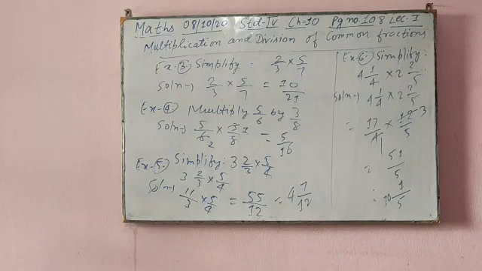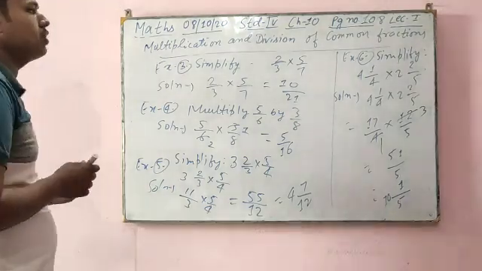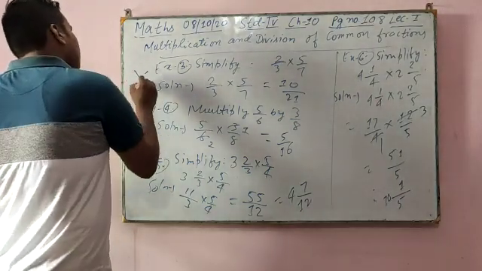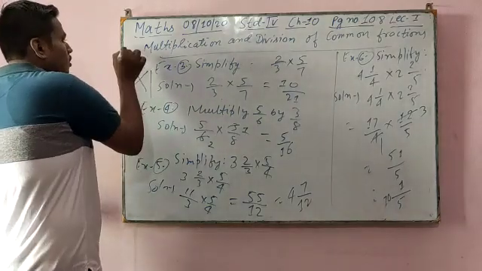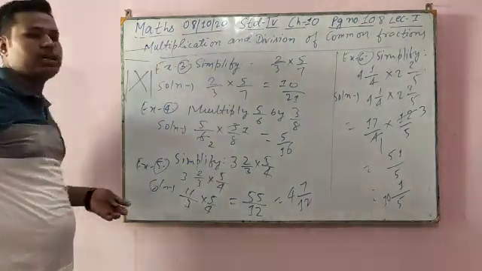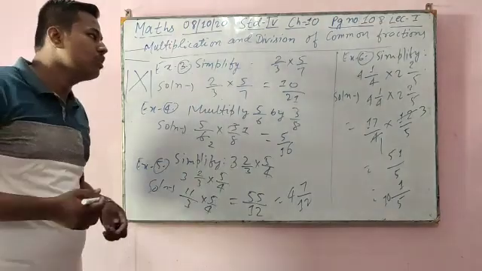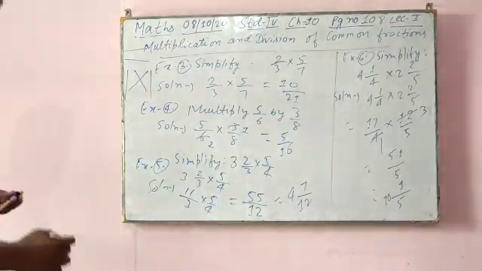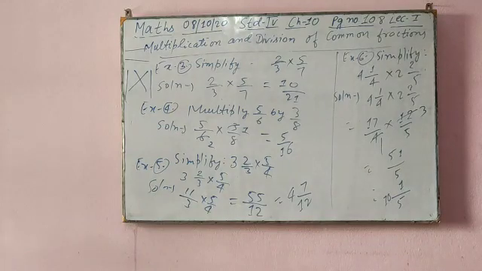Exercise 44. Understood? It's very easy. Nothing you have to do. If you can cross it, but always I have given you this way, this way, this way, and this way. Do not go this way and this way. Numerator to numerator, denominator to denominator, we multiply. And I have already taught you how to change a mixed fraction into a proper and improper fraction. So you can easily solve exercise 43 and the example sums of exercise 44.